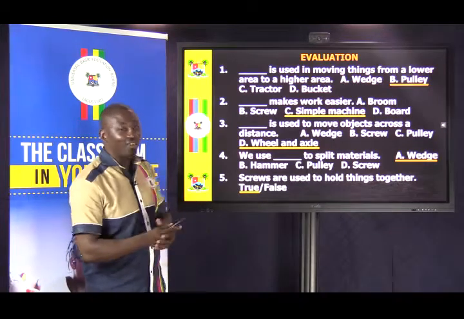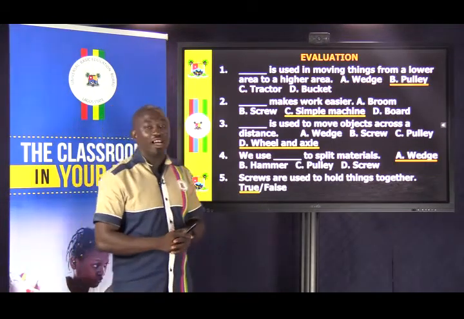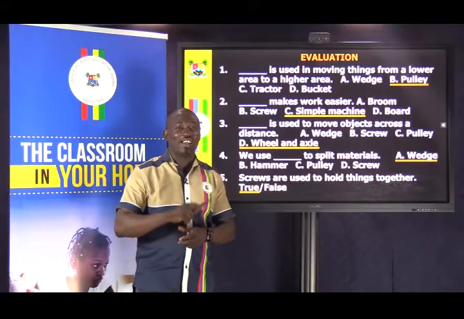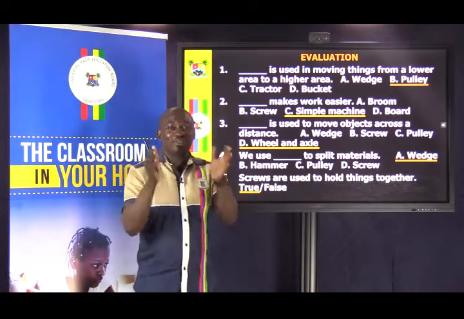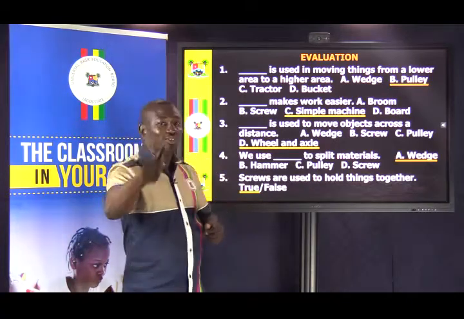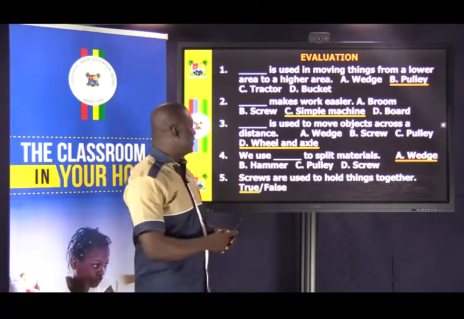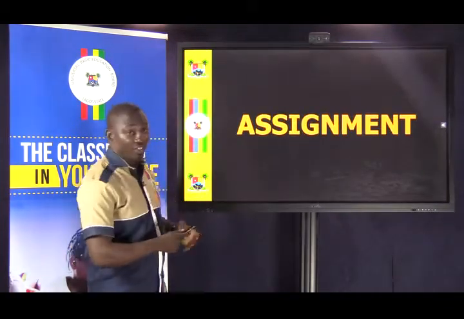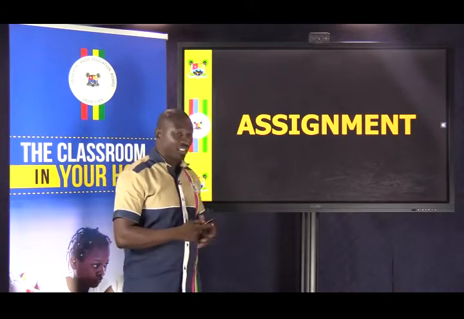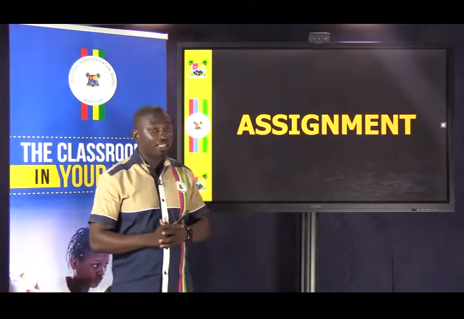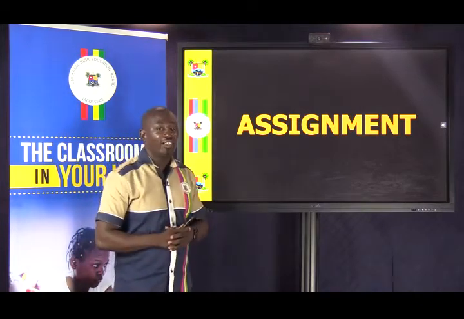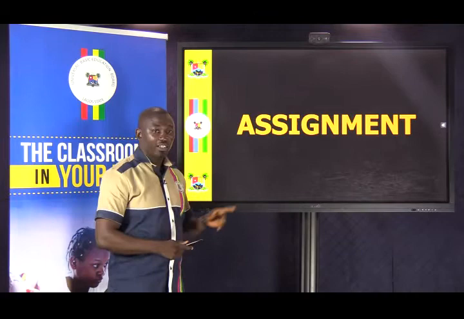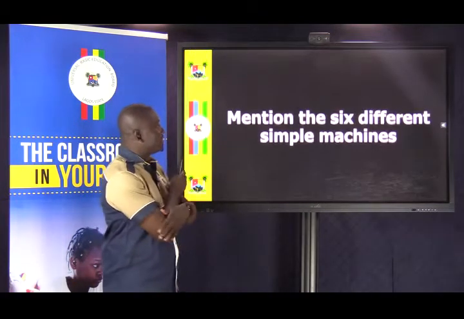And if you got 5 out of 5, 4 out of 5, 3 out of 5, you deserve a rolly chair. Roll it up, roll it up, roll it up, and let it go. You are great. Well done, my friends. Peradventure, you didn't do very well in the evaluation. Don't worry. I'm sure in our next class, you will do better. And for you to do better, you need to tune into the program in time and listen attentively to the teacher.